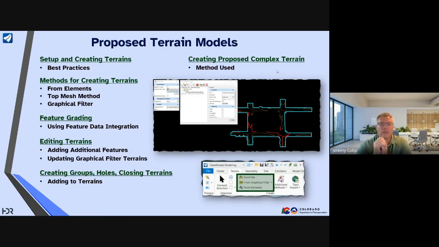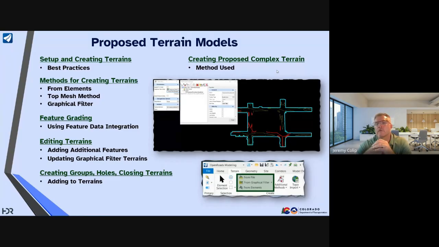The other thing is making sure of double checking, triple checking your terrain. Do the contours make sense? Do the triangles make sense? Is everything flowing the way that I anticipated it to be flowing? Just a lot of those different things on the best practices of making sure you're checking. Is it tying into existing? When I run my contours, if I'm at that same interval, are those contours tying in where they need to be tying in? So really looking at those elements, and again, double checking, triple checking the terrain,